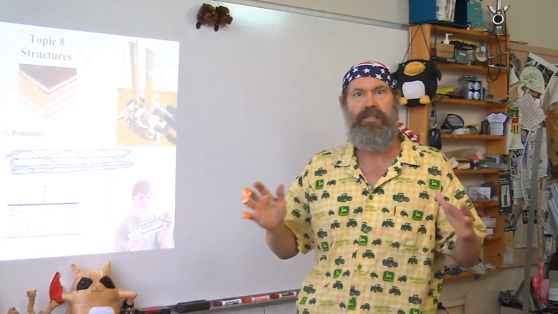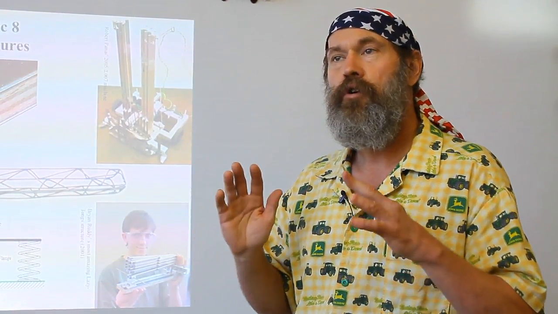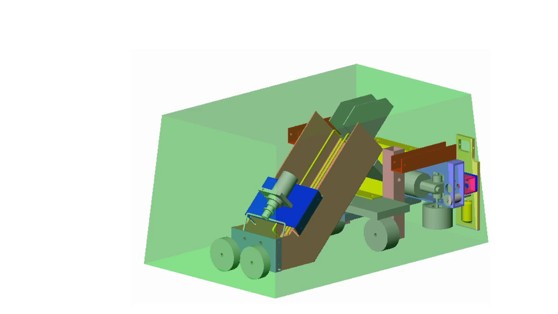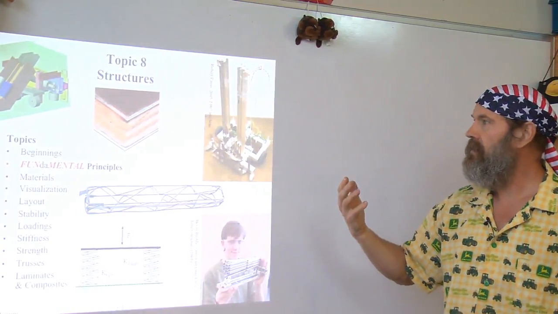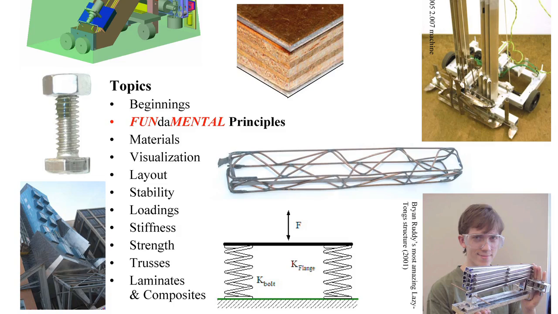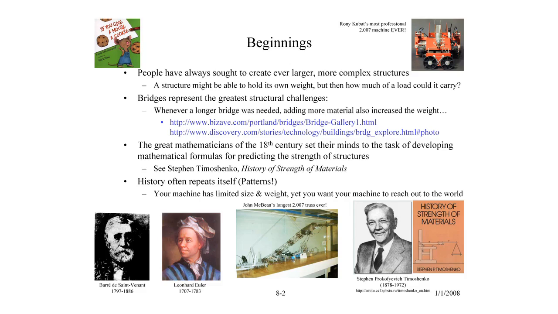The way you design a structure for your machine is, again, you follow the design process by figuring out the function that the machine has to accomplish, and systematically going from coarse to fine. The coarsest form is creating this virtual volume into which your machine must fit, and then filling into the machine, starting at the very beginning, fundamental principles, remembering your materials, all the way through this design process that we will talk about in Topic 8 now. So diving right in,